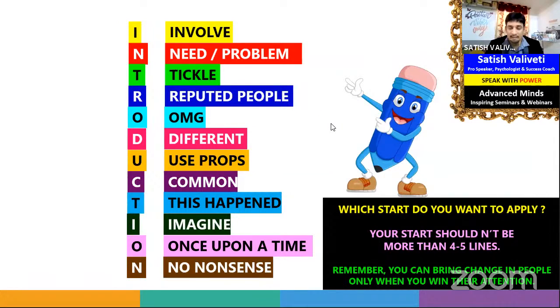Dare to be different example is very simple. You can do something which the audience doesn't expect you to do. They expect you to come and speak, but let's say you take the mic and start singing. Maybe you come on the stage and start dancing. Maybe you start with mimicry. Maybe you use some musical instrument and start your speech. All these will be attention grabbers, provided they are related appropriately to the topic.